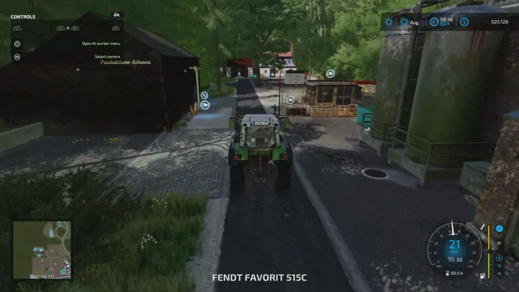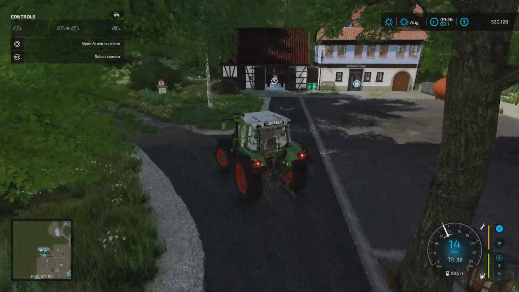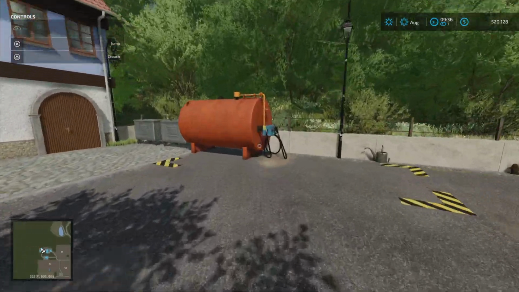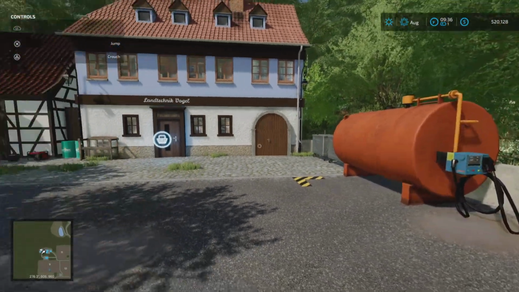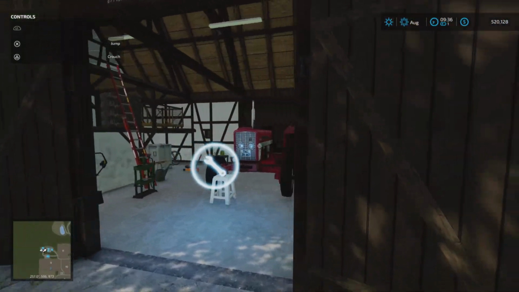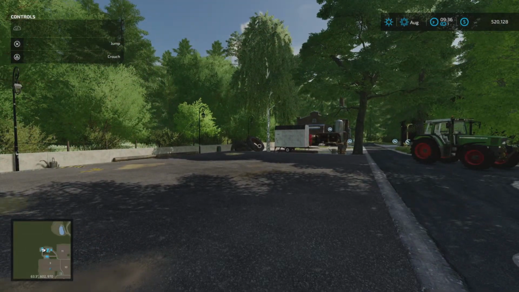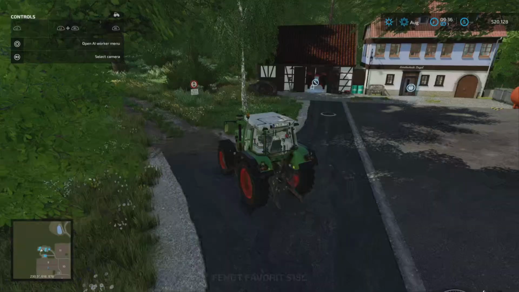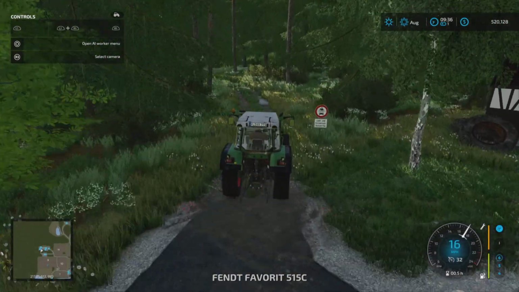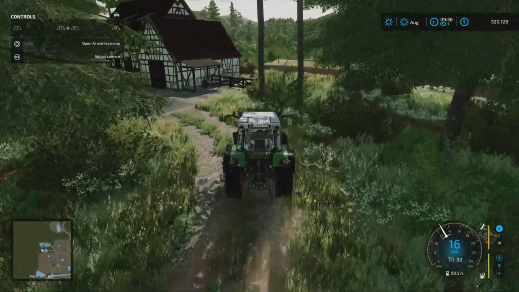Out just here we have the machinery dealer. Fuel point, so gas station I guess. Fuel point, machinery dealer, workshop trigger just here. This is the reset point as well. Again, it's not designed for massive machinery. I mean, you could try if you wanted to, but if we swing around through the trees just here,